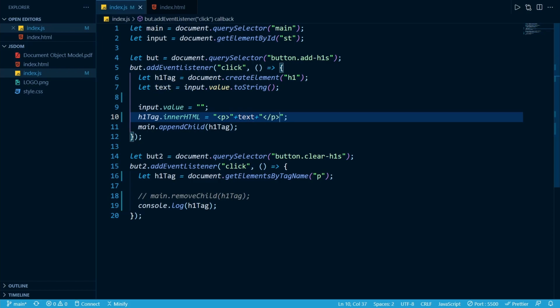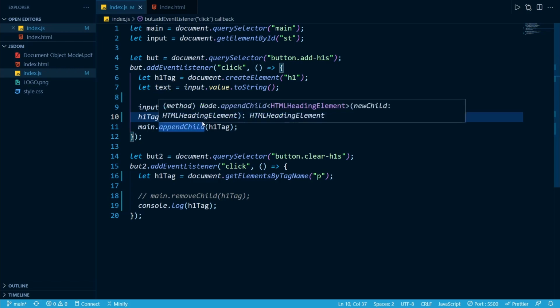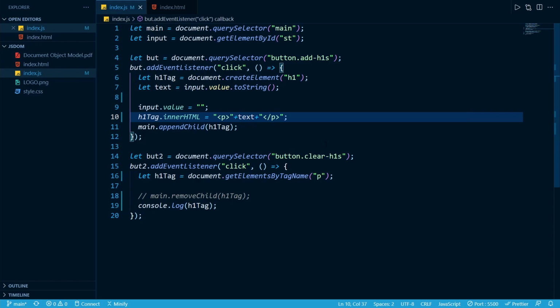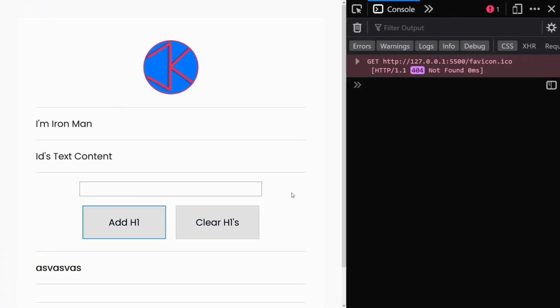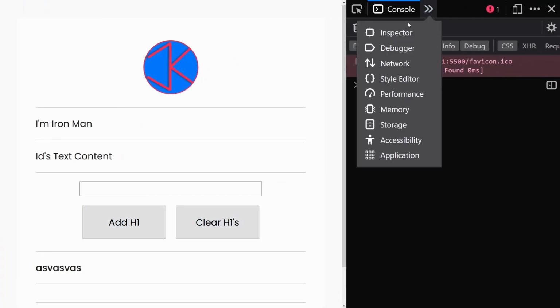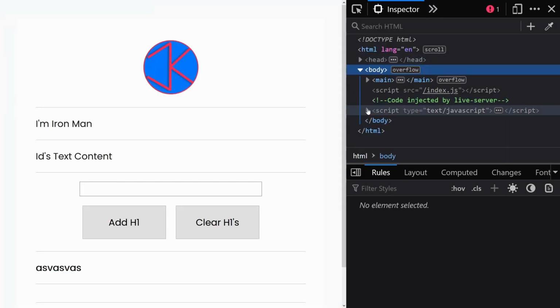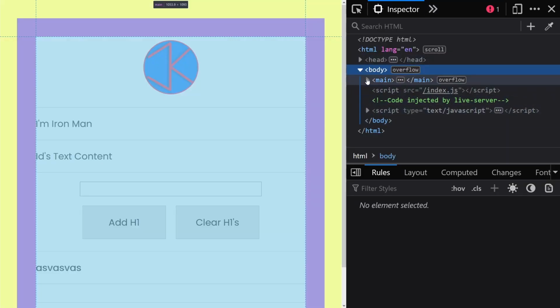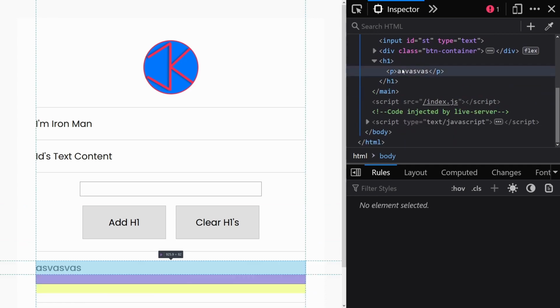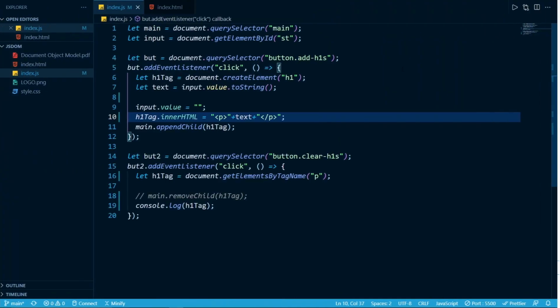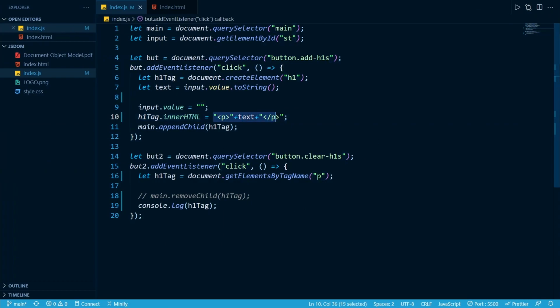So we are actually adding HTML inside of another element, that is this h1 tag that we are creating. So let's try this, and now let's have a look at our inspector. Inside of our main, we have a h1, and as you can see, we have a paragraph inside of our h1, and inside of a paragraph we have a text content, and this is what we are doing here.